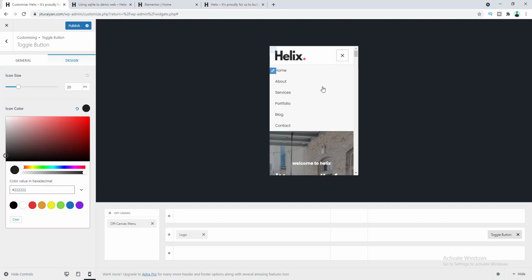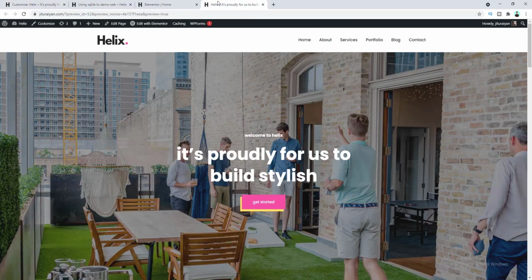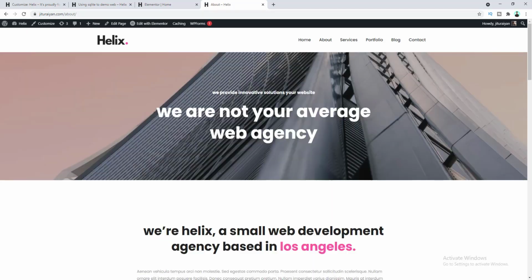Okay, right now it looks great. Now click on publish and let's go to our home page. So our home page is now fully done. So now let's make responsive our about page. Go to here and click on edit with Elementor